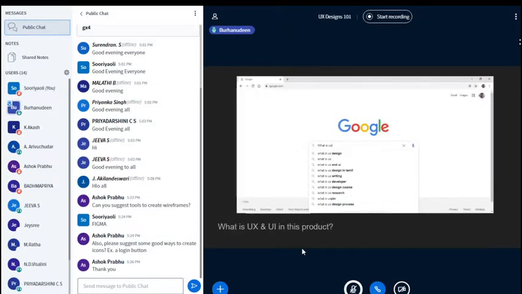So I want to end this presentation with a quick example. We typed what is UX in the beginning, right, on the Google search. Like, what is the UX and UI in this product? You know, this very simplistic user interface is used by the most people in the world, and it solves the purpose. It is the most used product where you enter, and then you will be thrown out of the product. You will end up in the search results, and then you will land up on a website or a thing which you are searching for. So this is a perfect user experience which everybody can relate to.